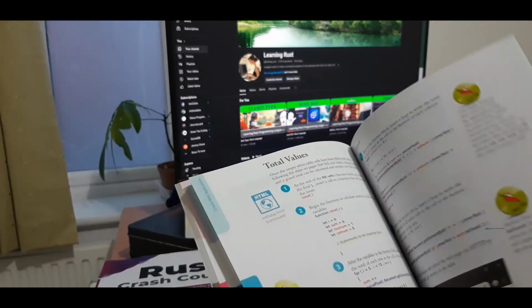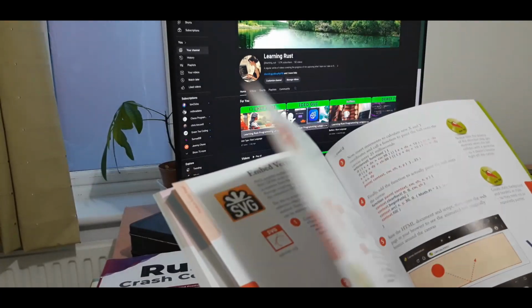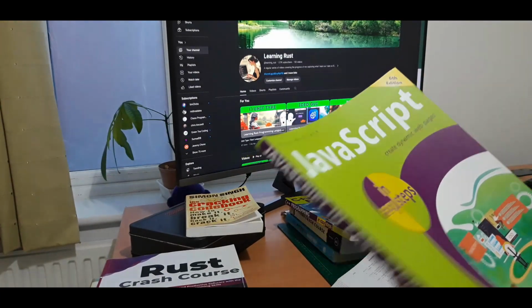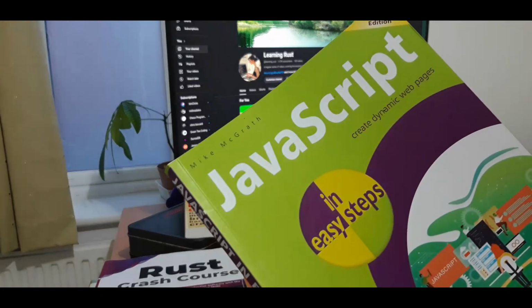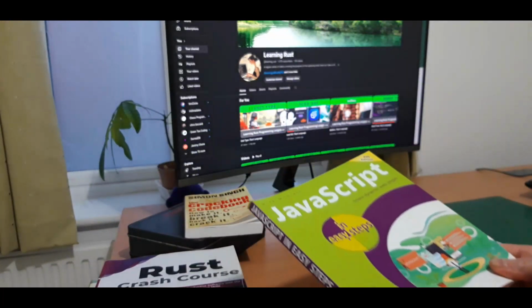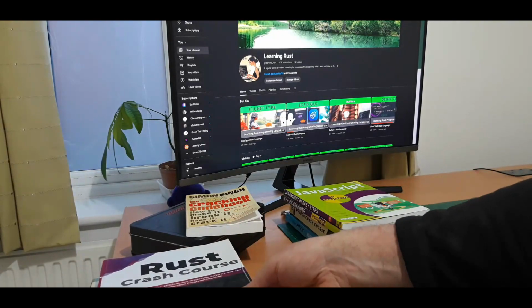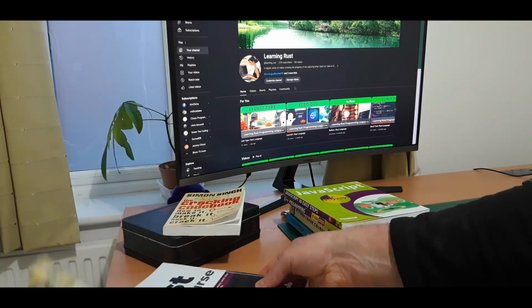Yeah, there we go. Canvas features. So if you want to learn JavaScript from scratch, I'd say this is a really good one. Really good. I'm kind of doing these in reverse order of preference. So